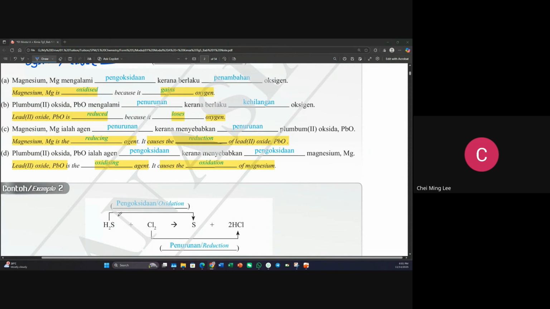SO2 is sulfur dioxide gas. There is SO2. This sulfur S is a bit wrong. Later YouTube block me. So